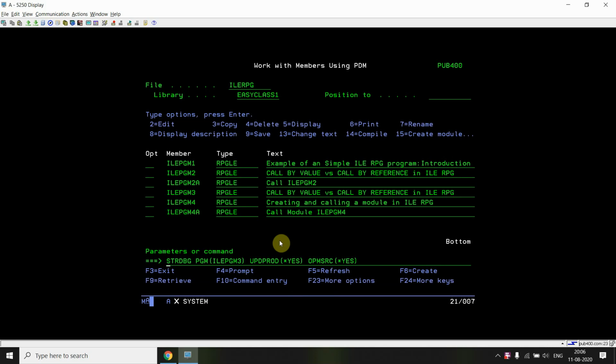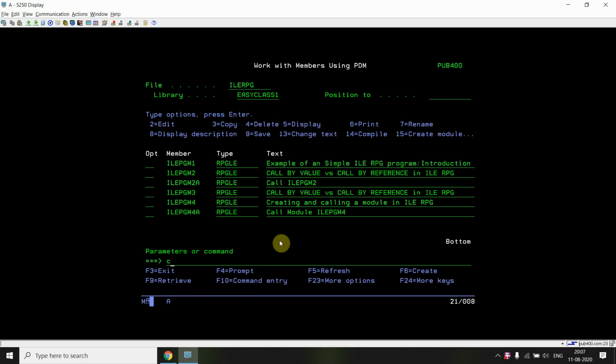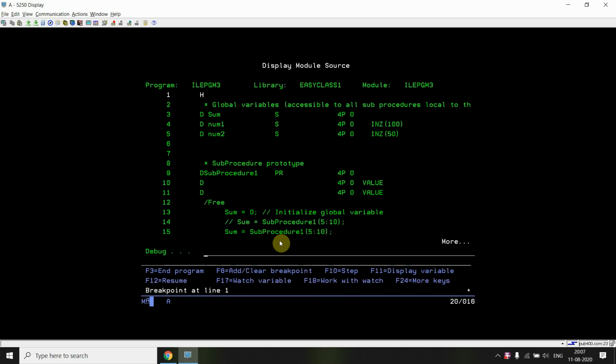Here I'm showing you the call by value thing, and what will be the exact difference which you observe in call by value and call by reference. Just put the breakpoint at line number 1 and call ILE PGM3.